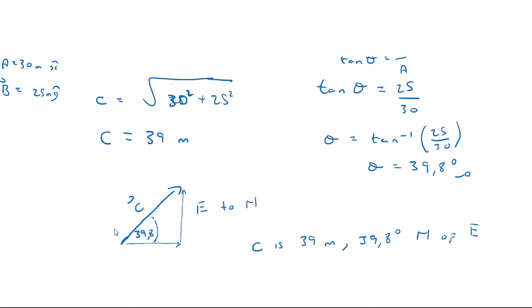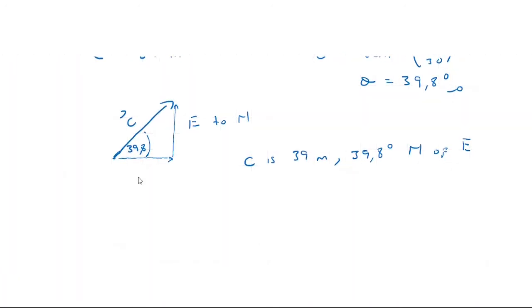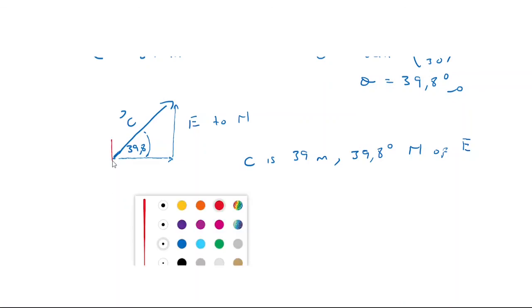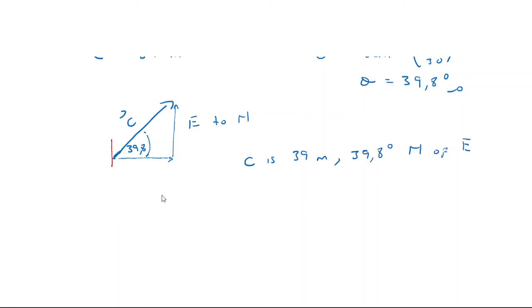Another way you can say the same thing: remember that we have the Cartesian plane, the x and the y. You could use that, and say, okay, fine, I'll use my unit vectors. So this is x hat. If you can see this, this is above the x direction. So you could say C is 39 meters,